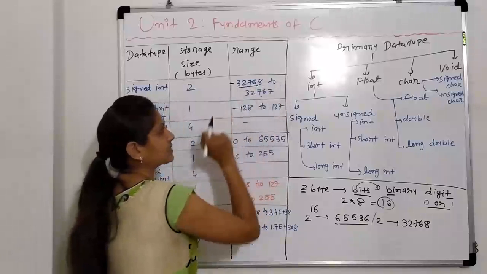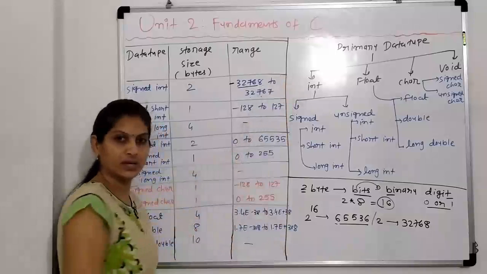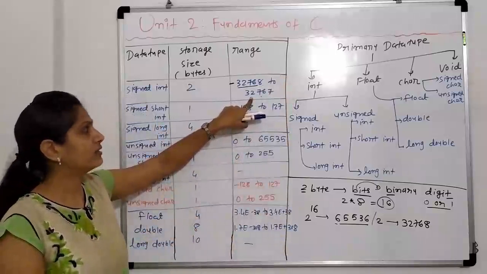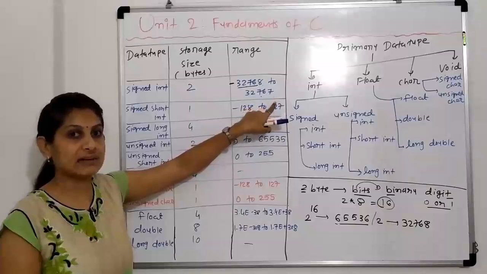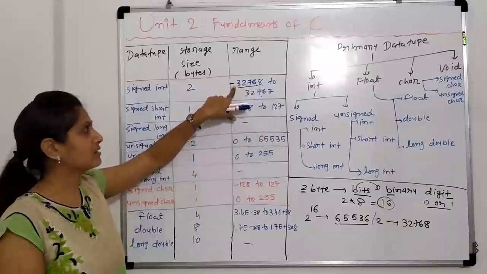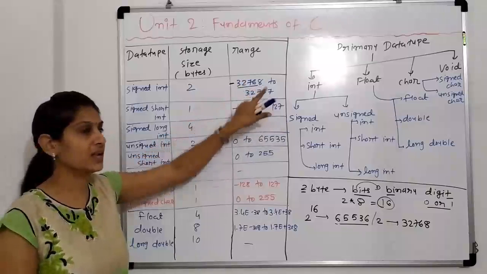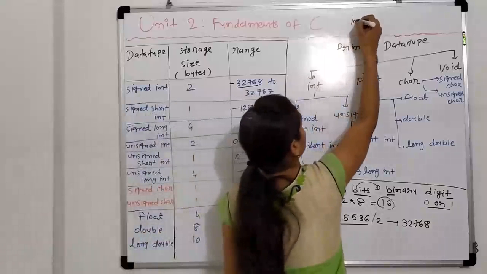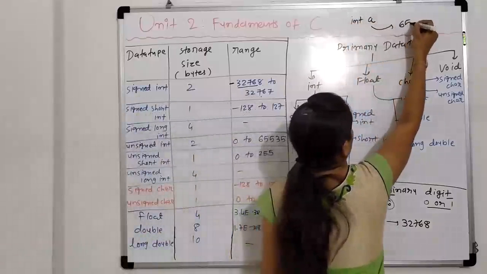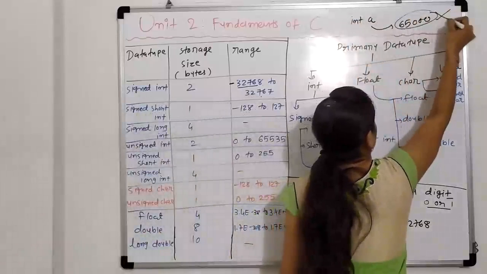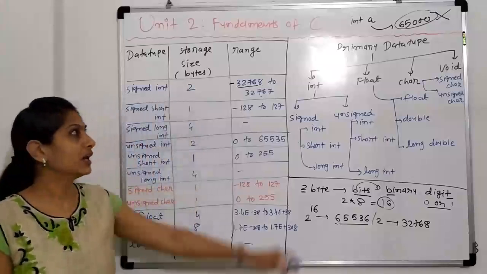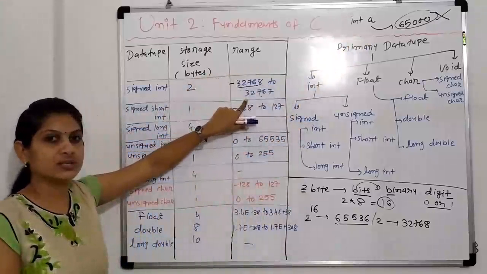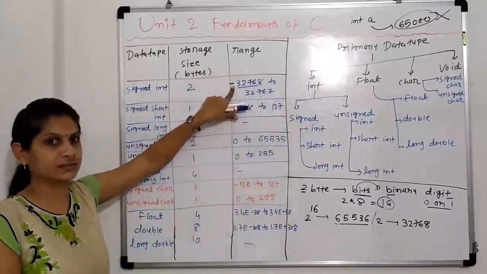Clear? Why is 8 not there at the end? Because 0 is there in between. Clear? So the maximum positive value you can store is 32,767, and the negative is minus 32,768. This is possible with integer. If you write integer A and in A you store 65,000, then this value will not be possible for integer, because the integer range is fixed. The maximum positive value is this and the negative value is this.